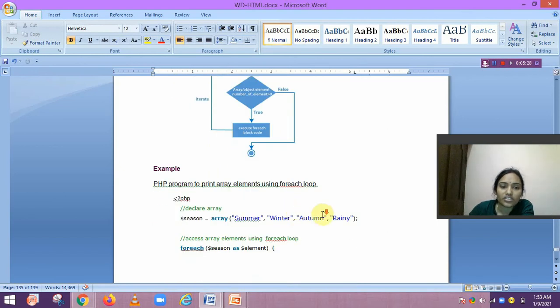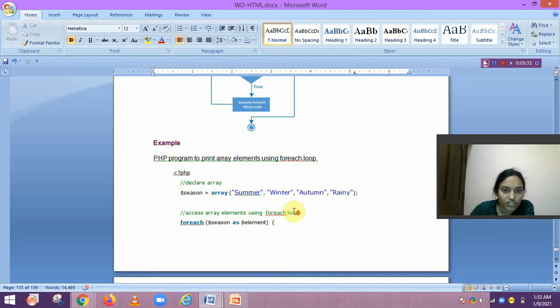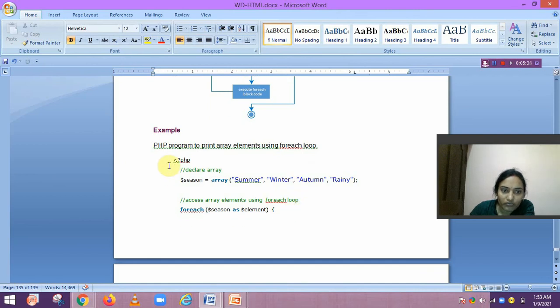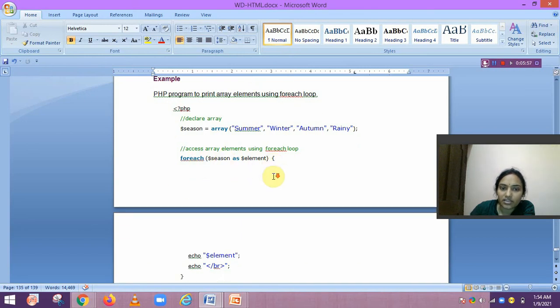Okay. For example, here is the program for the PHP foreach loop. First we write the PHP opening tag, then we declare an array $season equals array summer, winter, autumn and rainy. Okay. Then we access the array elements using foreach loop. So here foreach $season as $element. Okay.